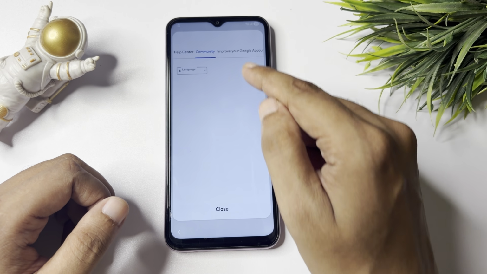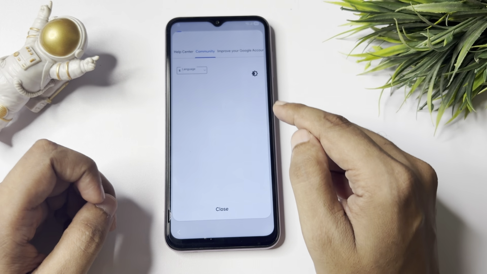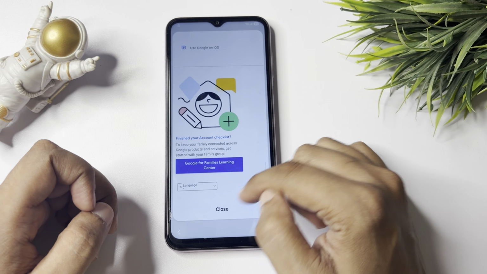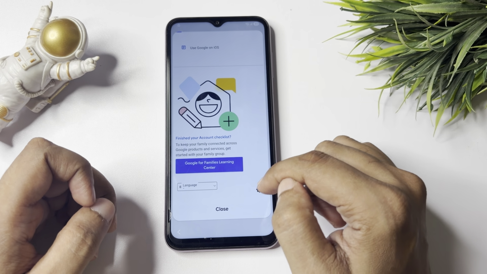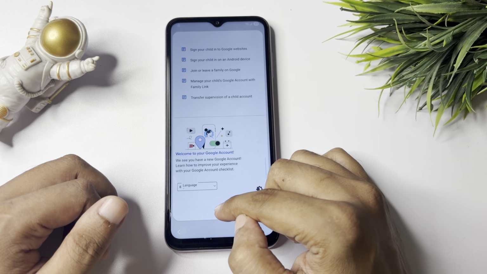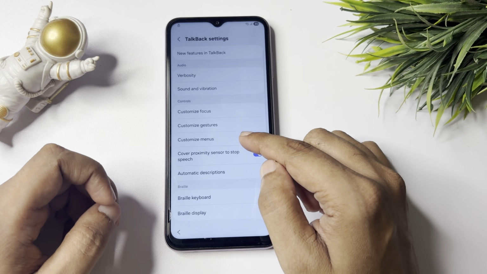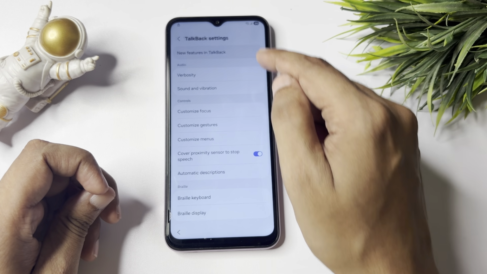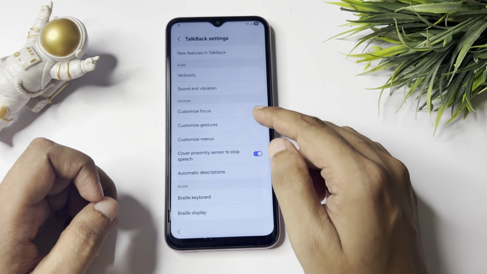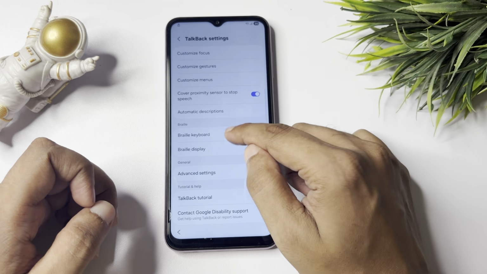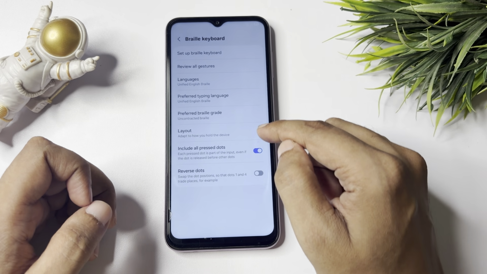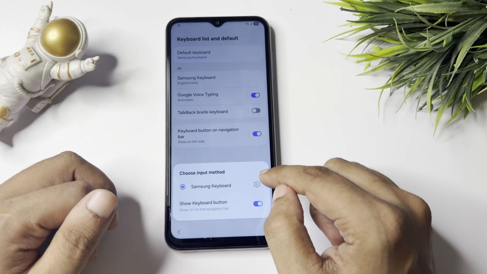Language, you should make sure that the language is in English, and all the things have been done. Now simply you have to close this app, tap on this one and finish from here. Now change these settings. Okay,